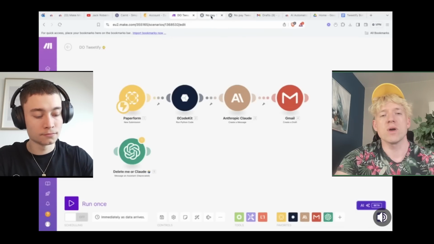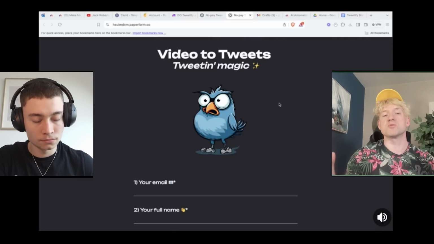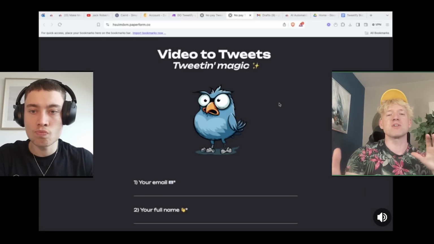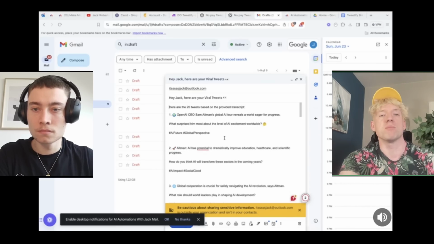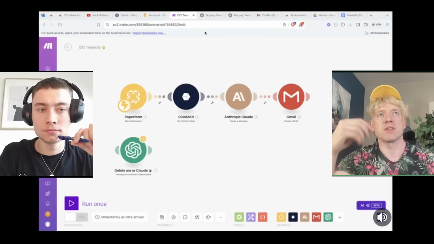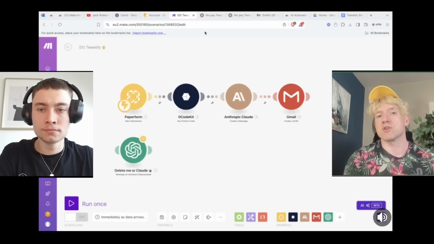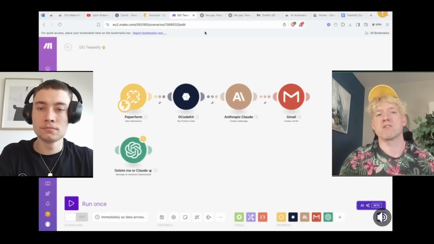We're going to start with a trigger at the top end. The example I've got here is this Paperform, which we can embed into a website, and I'll show you how to do that really quickly. The concept of this one is video to tweets. So, for example, this is the transcript from Sam Altman's conversation. I try to build these and think about these automations in a configurable way so that whatever your end purpose is, whether you've got a form that you give to your client, maybe you've got a Slack channel, whatever the input is can be super configurable. So bear that in mind.